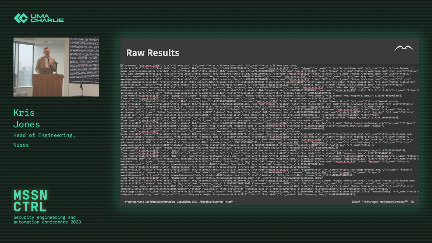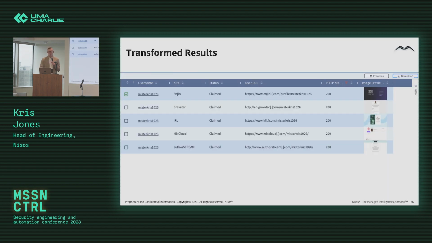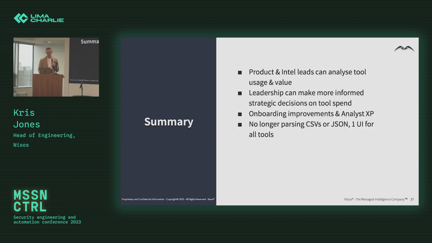So when we brought it into the platform, this is what we went from, from this to this. And this is a super simple UI. It's just taking all of the headers from Sherlock, from the JSON file, and dynamically building up a table using AG Grid in React. So nothing super complicated going on here, nothing magical, but from an analyst experience perspective, just creating this very simple UI platform on top of those JSON results makes it a lot easier to understand, pivot, filter, and search all the data coming back from those OSINT tools.